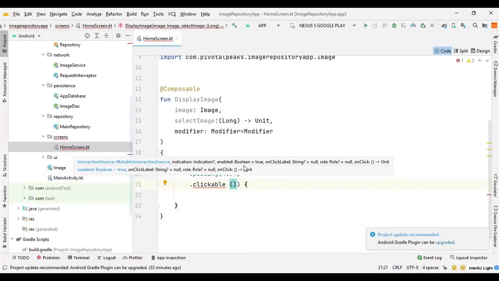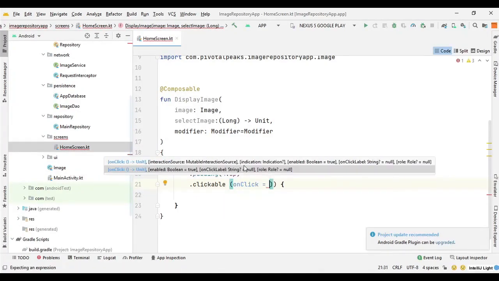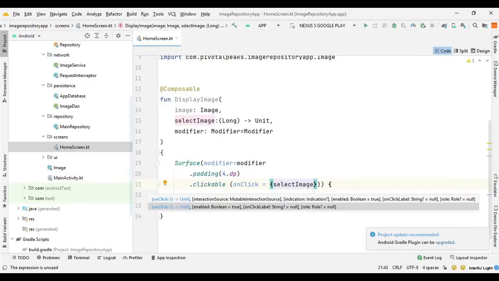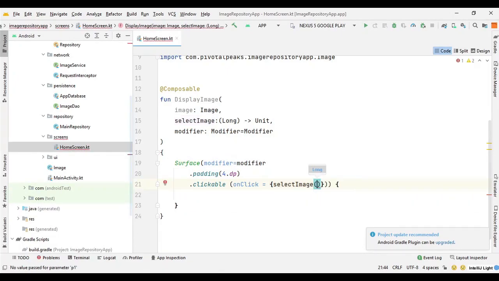And inside this clickable function, we can provide the onClick function, and in this onClick function we can pass our selectImage function, and we can provide the id for the image. So we can use this image variable to set the id. So we can say image.id.